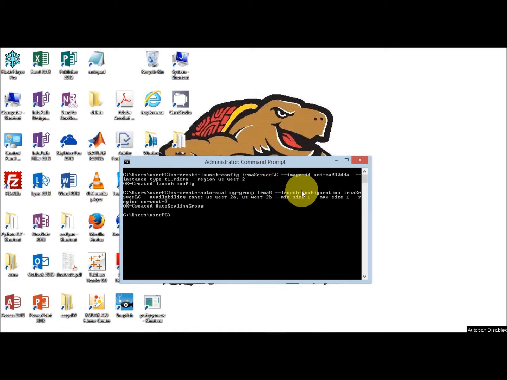I create the autoscaling group, provide a name to the autoscaling group, and the launch configuration using the name of the launch configuration that I just created. We're going to use two availability zones, one for backup, min size of 1, max size of 1, and the region. I hit enter, and once I get the OK,